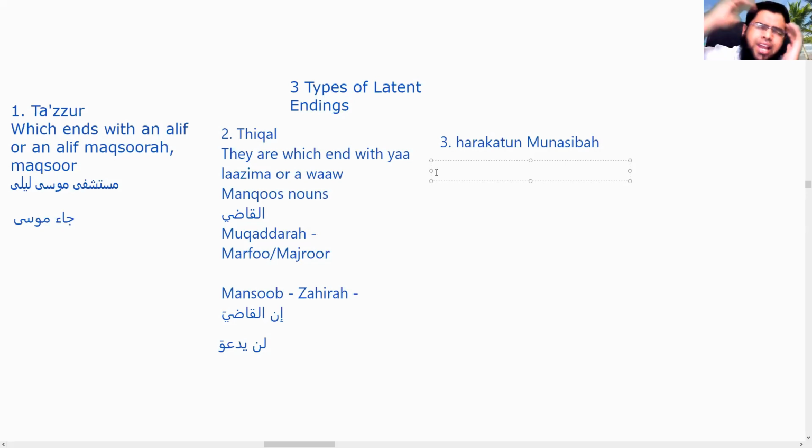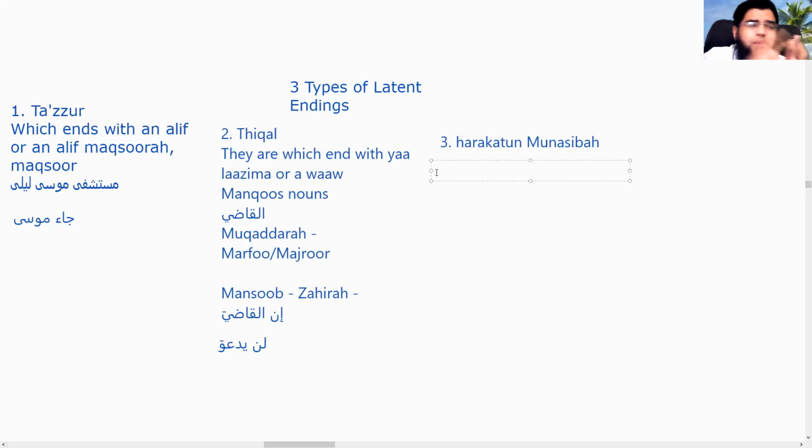So if you imagine all nouns, one which will show all the three, they're like fine, boss, Muhammadun, Muhammadan, Muhammadin. Second, which will show partially, and they are diptotes, Ibrahimu, Ibrahima, Ibrahima. Third, which are taqdiri, which will show sometimes, but they're also like mabni kinds. Only in one case they'll show. Rest all they'll never show. That is qadiya. That's in manqus nouns, right? They'll never show. Fourth is mabni, right? They will never show again.